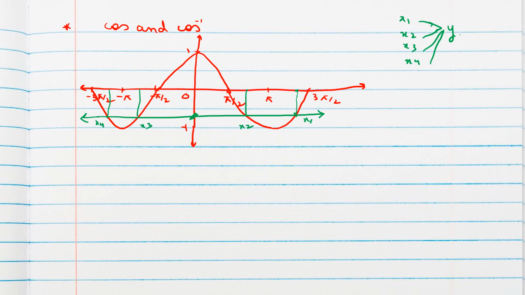So that is okay for cos x. Cos x is a function, no doubt. This also can happen. But if we have to find cos inverse, that means if we interchange the domain and codomain, at that time it will become y related to x1, x2, x3, x4. Okay, which is not possible, because to be a function, an element from the domain should have a unique image in B, but these are not unique. So what we can do is restrict the domain of the cos graph. We'll consider this much part only.